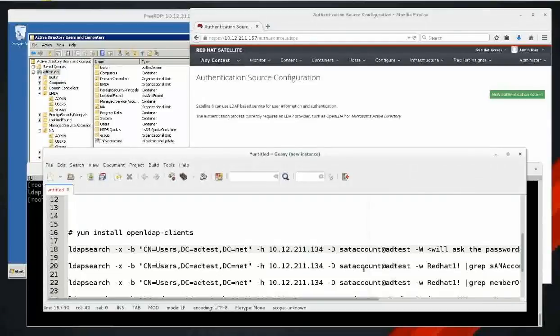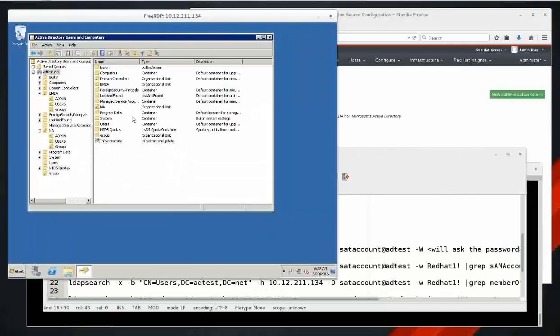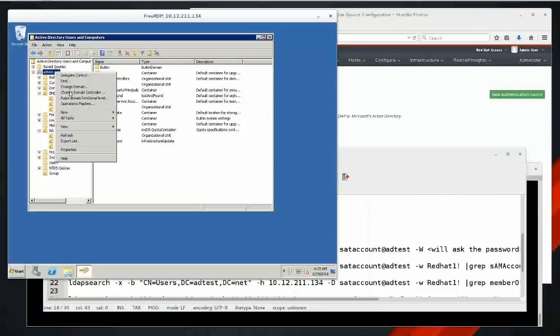Okay, but how can I say what is the correct base DN of the customer? We can just check here in the Active Directory and click. At the top you can see adtest.net. This should be my top level. Another way to discover this one,